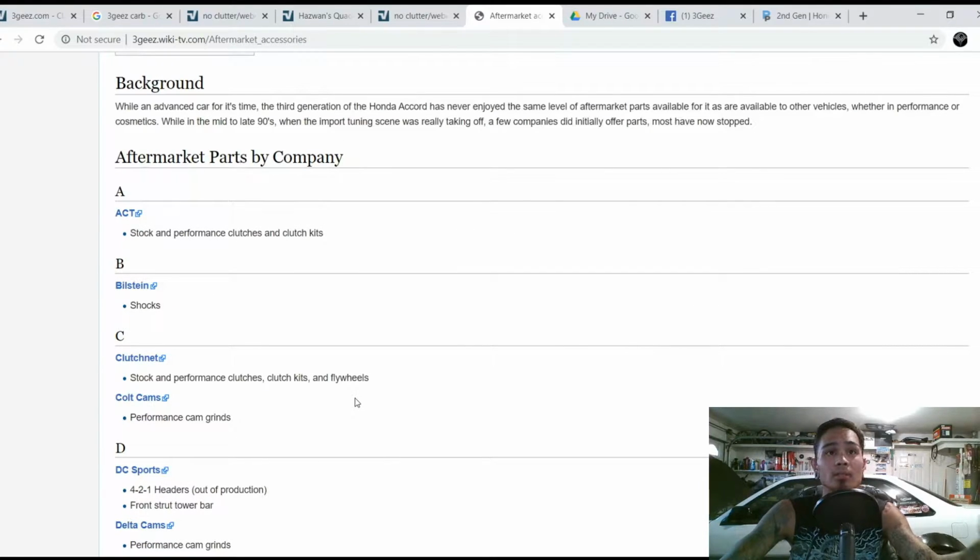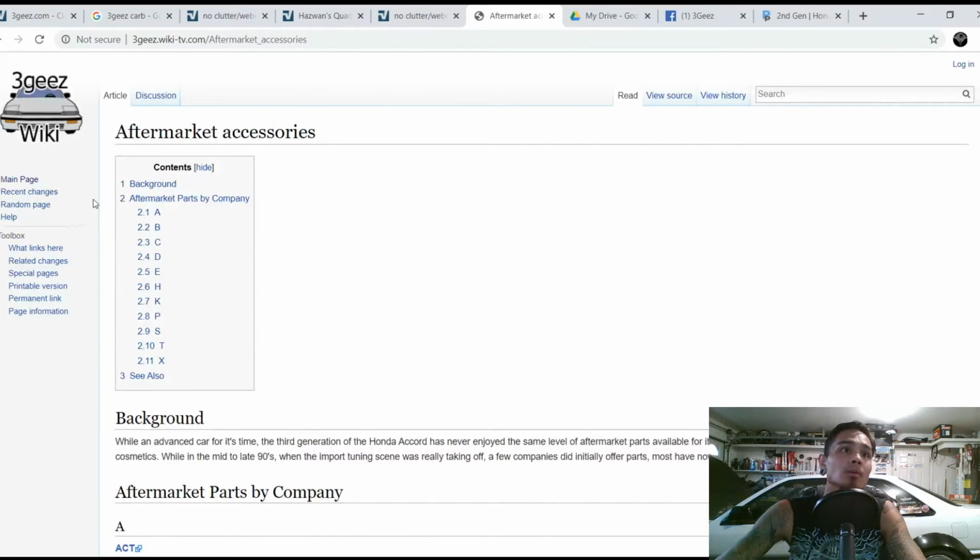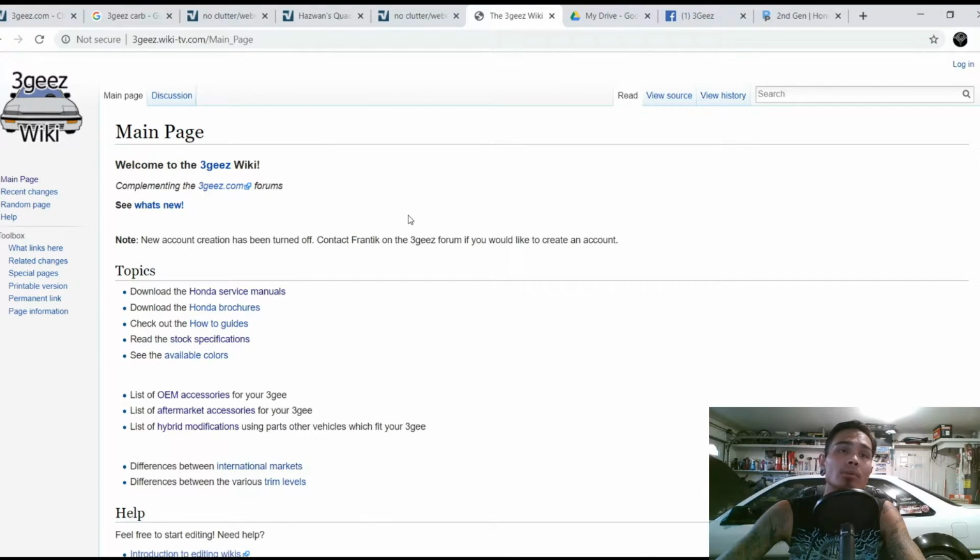Now, keep in mind, this is a pretty old page. There's some information, mostly in regards to the aftermarket stuff, that doesn't really hold true today. Mostly because a lot of these parts are either discontinued or they're really rare to find, and so on and so forth. Going back, but the real cool thing about this page, in my opinion, is that if you are a first-time third-generation